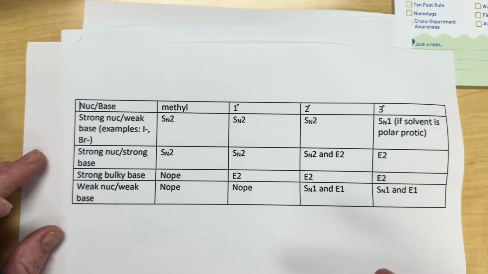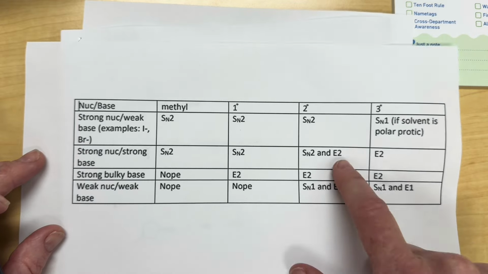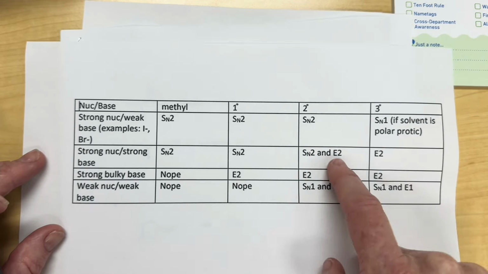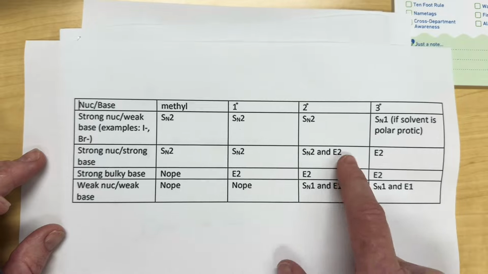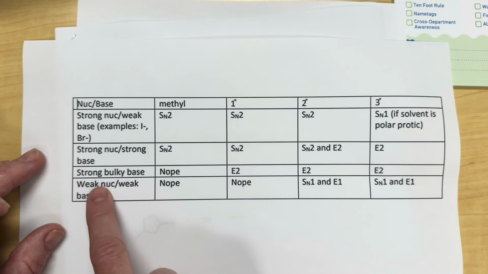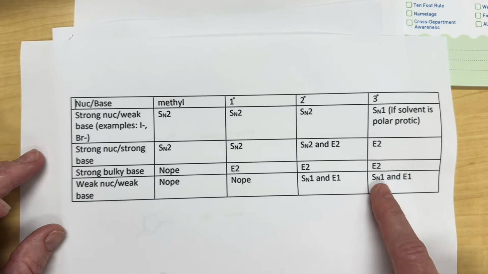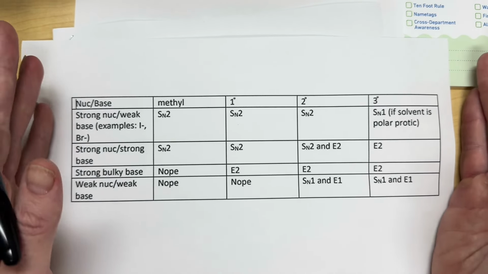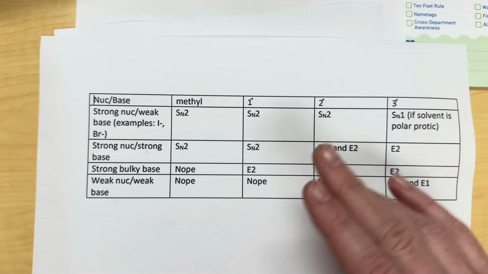And the only time you're really not sure is this one right here. If it's secondary and you have a strong nuke and a strong base, you're usually going to have both SN2 and E2. And also if it's secondary and you have a weak nuke and a weak base, it's going to be SN1 E1. So understand this chart really, really well. Have it down. I'm going to go over a few examples